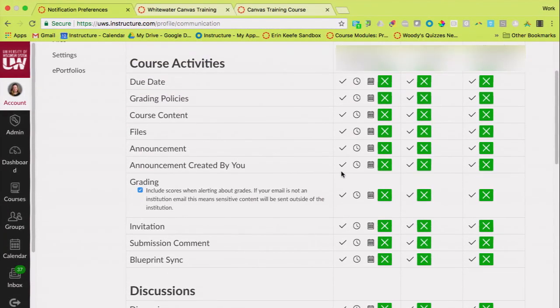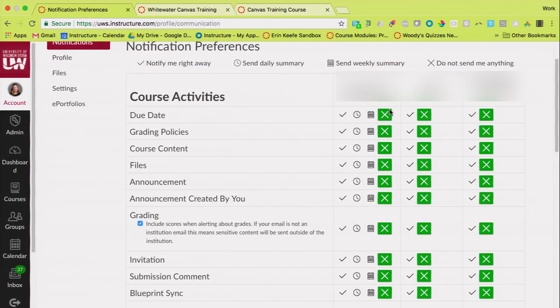I also enabled a second email address. When I'm teaching courses, I usually have my personal email address in there as well. So for late grading, I get those sent to me right away, and then to this email address. And to my second email address, I also get a weekly summary, which is the calendar, because I want to see all of my students in one place who turned something in late.